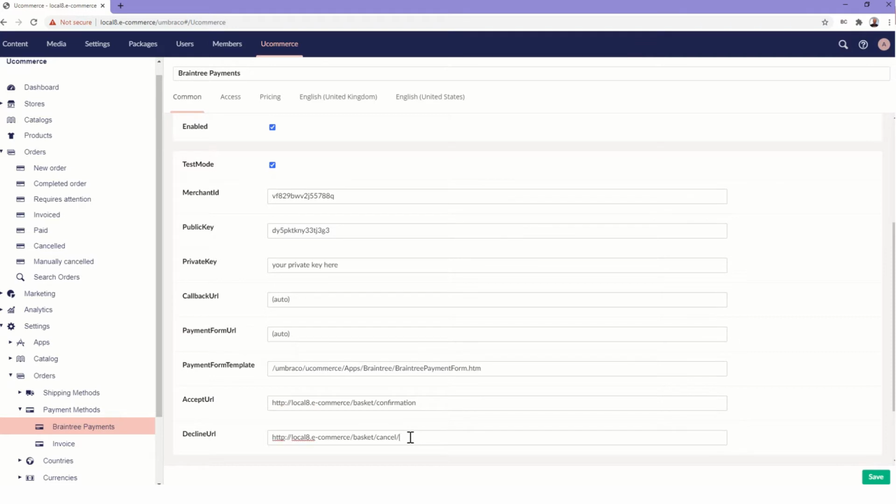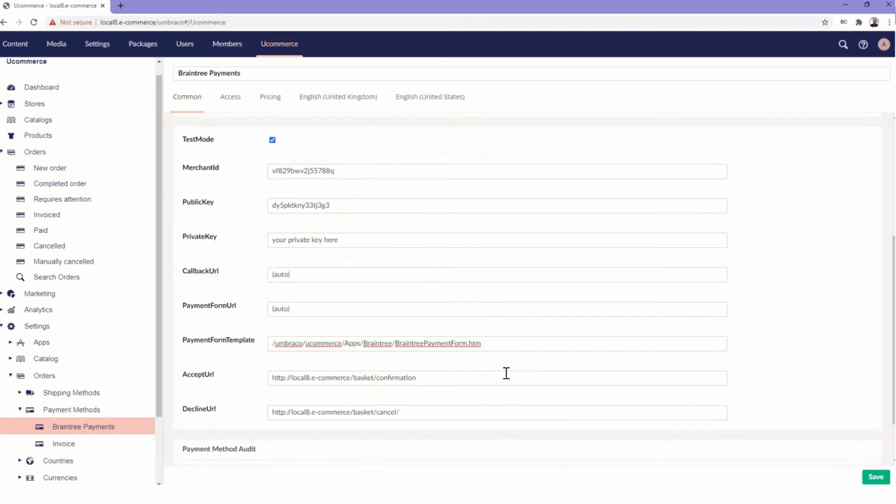There's also a decline URL, which doesn't seem to get used at the moment. If a payment request is declined, then the payment form template is presented again to allow the user to specify another credit card. So that's the